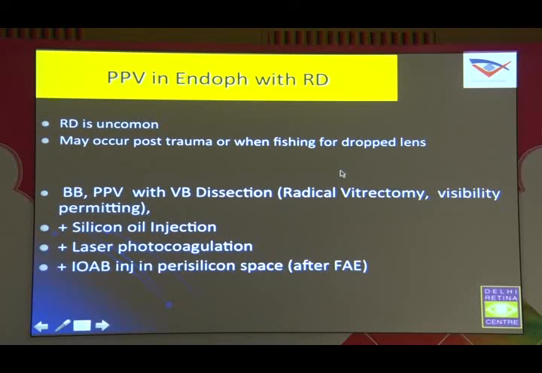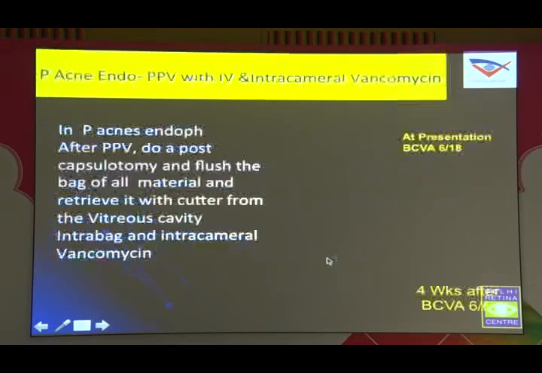Now, whenever we have an associated retinal detachment, don't give up, because these patients cannot be told that nothing can be done. So we normally end up doing a scleral buckle and vitrectomy with a vitreous base dissection, which means a radical vitrectomy, and we are prepared for a silicone oil injection. Still, it is better not to create breaks in these cases. After a complete vitrectomy and fluid exchange, we inject the intraocular antibiotics, and then go inside and put in silicone oil. Sometimes, rarely, these antibiotics have to be injected even post-operatively, and they can even be injected in a silicone-filled eye.